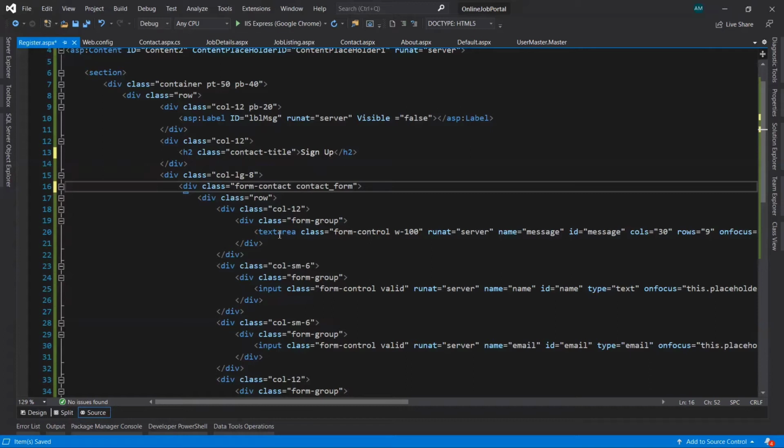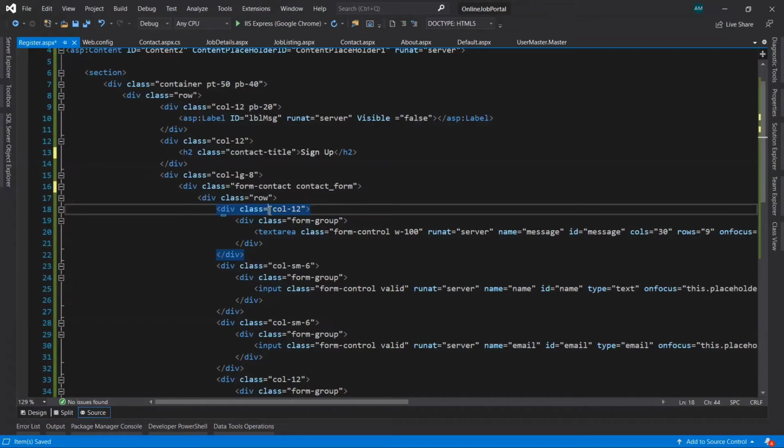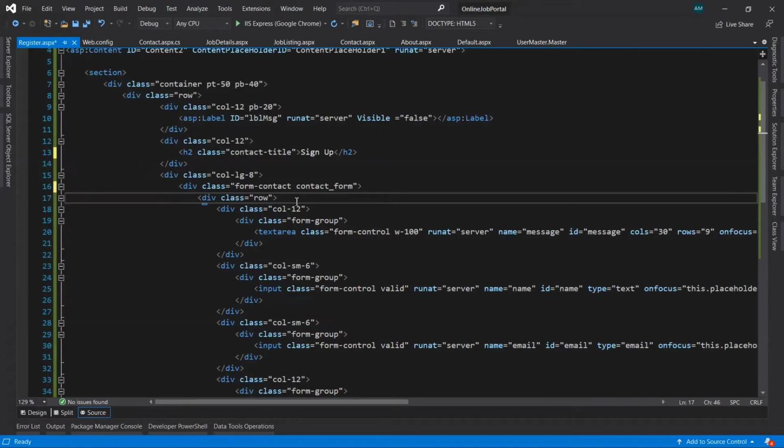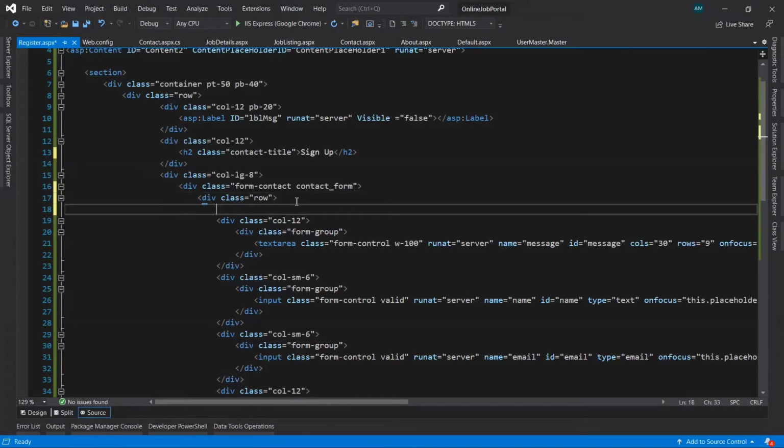Now copy this line and press enter after this div tag and paste it. Close the div tag.